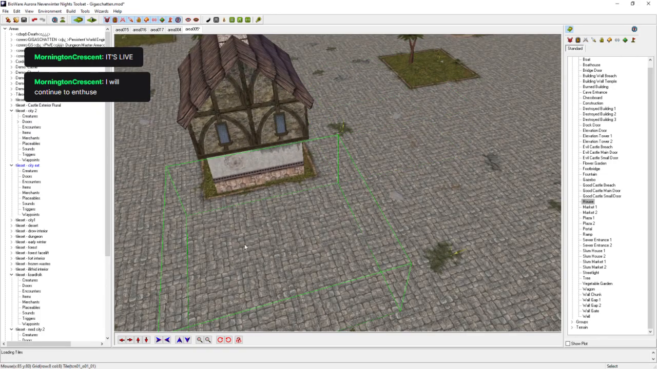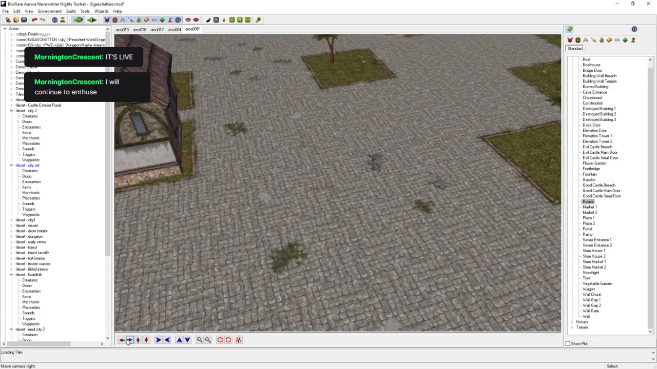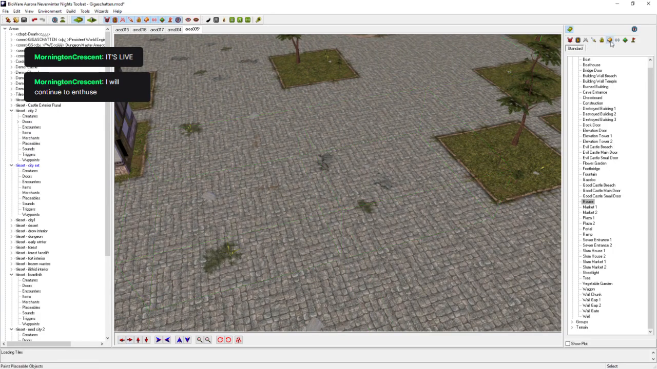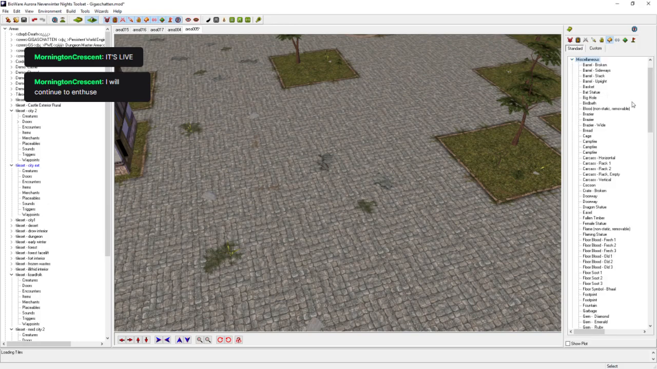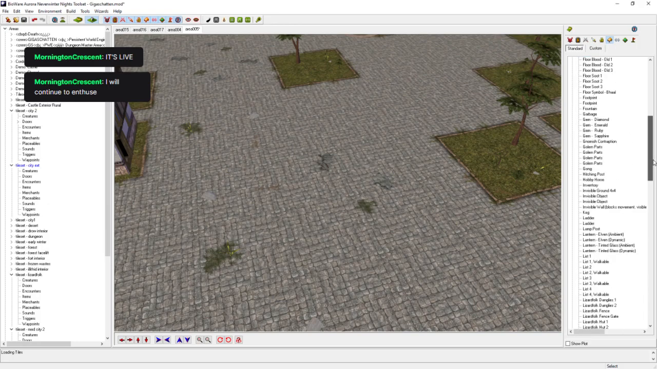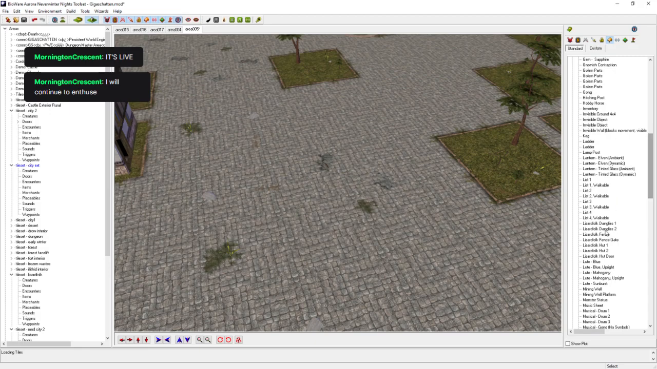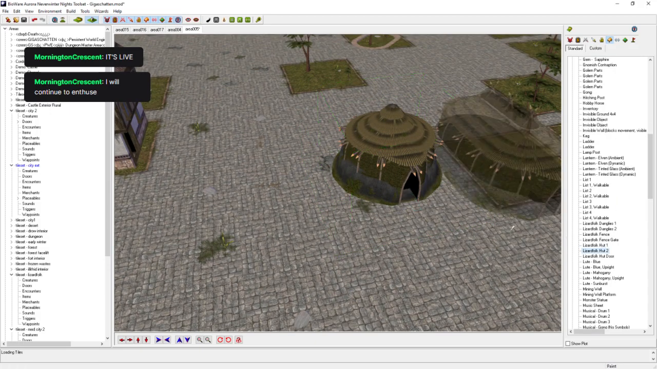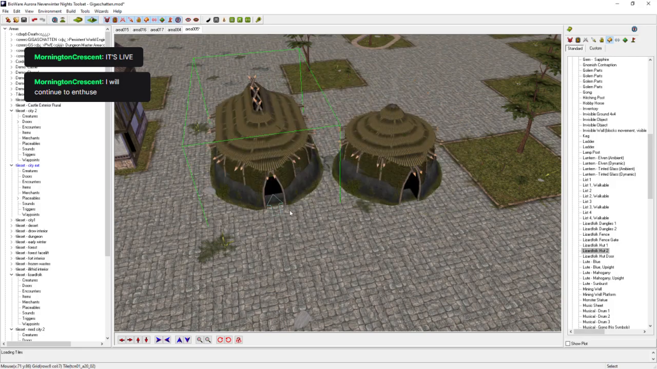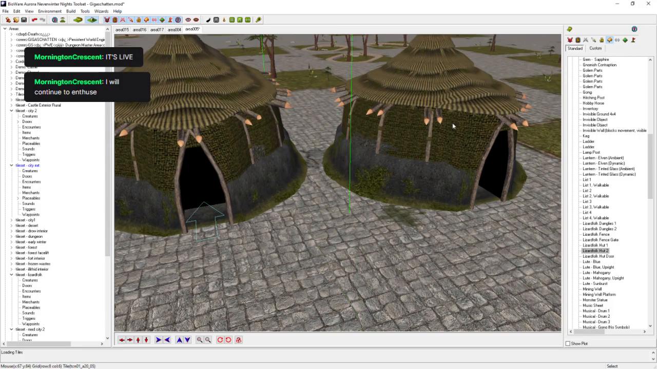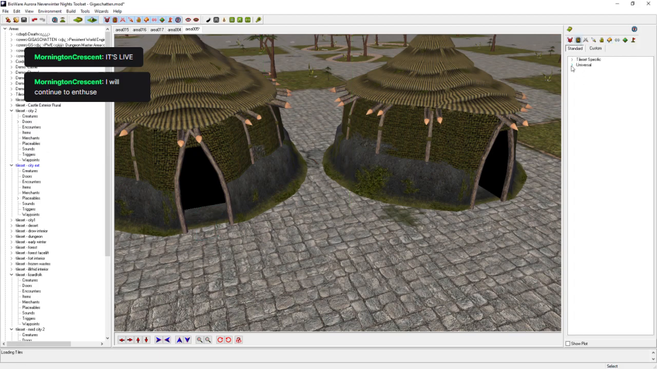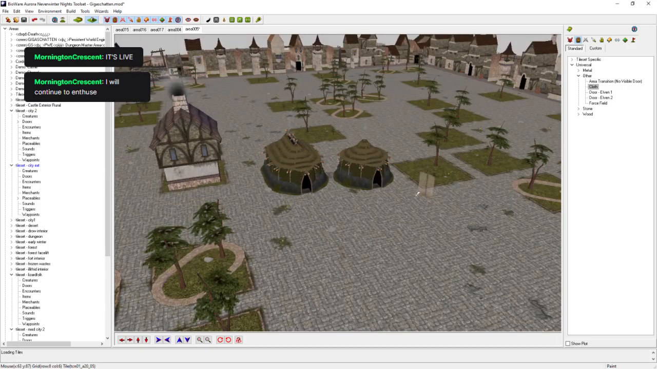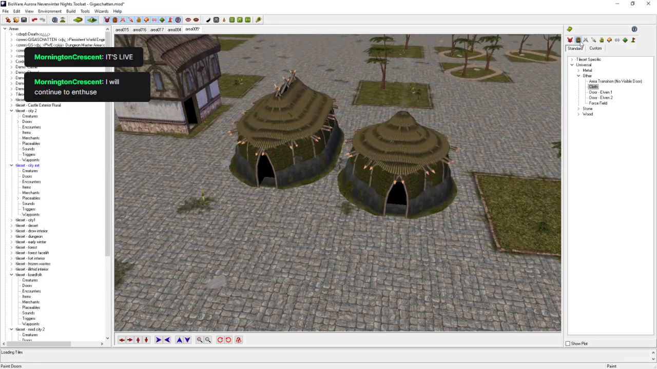But for the lizard folk, this is done via placeables. So if we go to placeables, to miscellaneous, I think it is Lizard Folk Hut 1, Lizard Folk Hut 2. Because these are placeables, you can't place doors into them. It won't recognize it as a valid location for a door. So, you kind of have to use